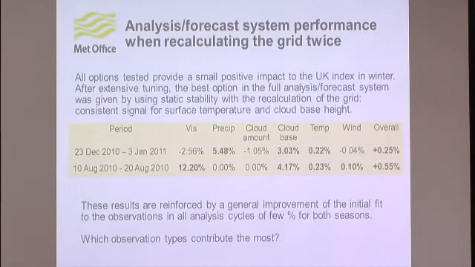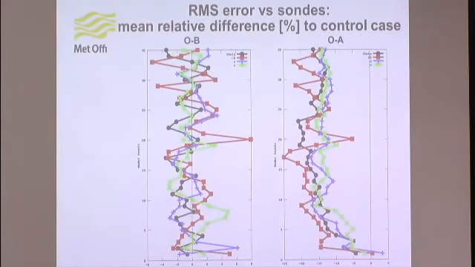Do I have time? So the other thing we look at is, for this adaptivity, where are the contributions coming from? Just going quickly, we looked at radiosondes again, because they are the best information we get for our vertical structure. Here we have the statistics of observation minus background, and a negative value means improvement, for different variables. What you notice is that we see noise in the RMS errors versus sondes. There is no huge improvement. But you get a very good improvement when you do observation minus analysis